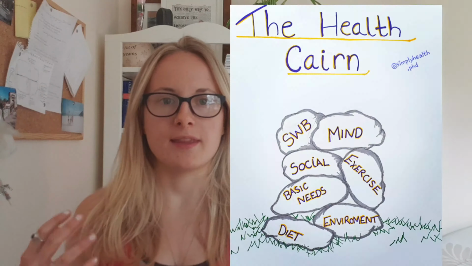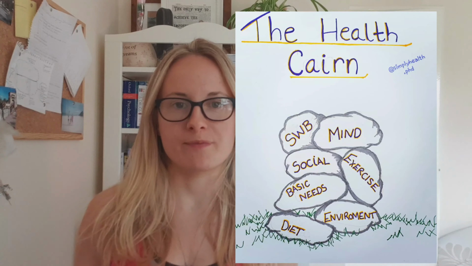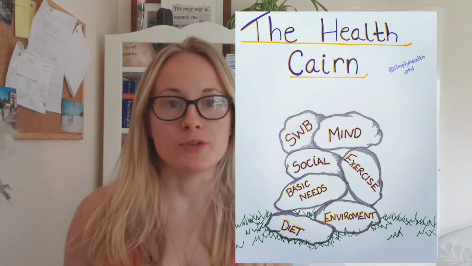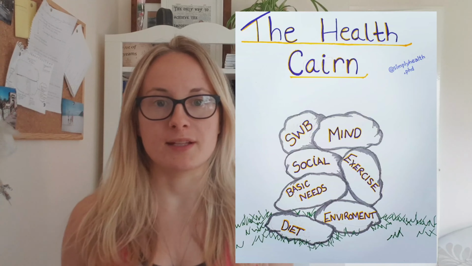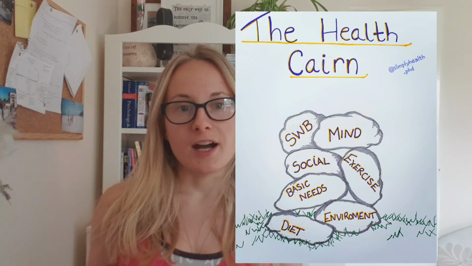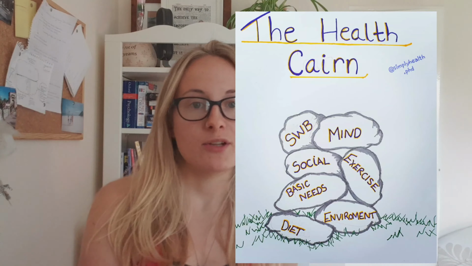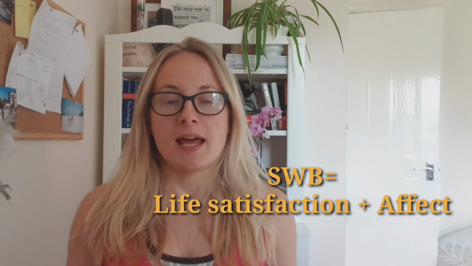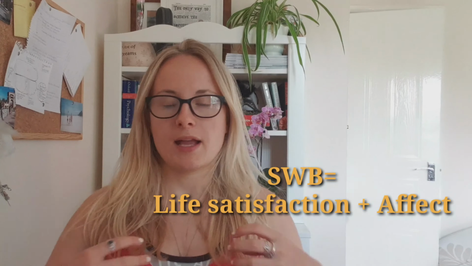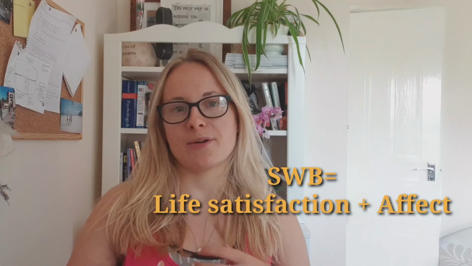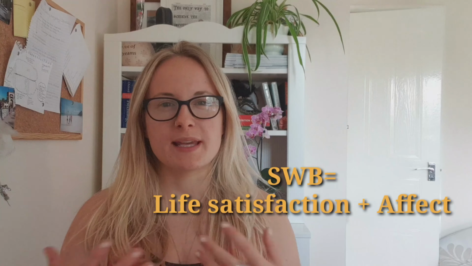And then we can look at the mental aspects of it, the psychological factors. So how are your emotions? How do you think about things? What is your current mental state? Are you looking at things positively? Are you looking at things negatively? And this also ties in with our subjective well-being, or SWB. Now, this is kind of your happiness, your overall happiness, how you feel about things, what your perception of life is. So when we try and define well-being, a lot of the time happiness kind of comes into play here.